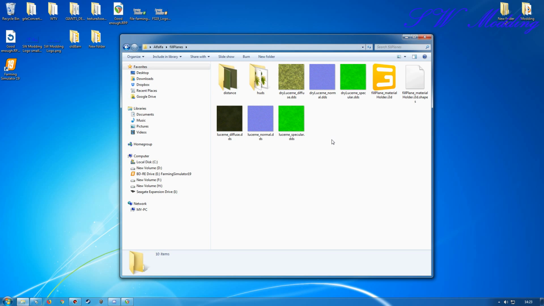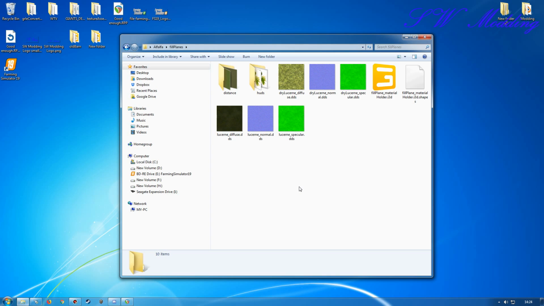I've done this many times in 17. It's very similar to what you would do, creating your different material holders. Just choose something from the in-game material holders that matches what you're trying to work with. So for the lucerne, or alfalfa, whichever way you want to call it, I've gone with grass because